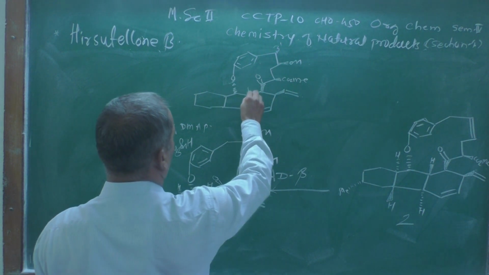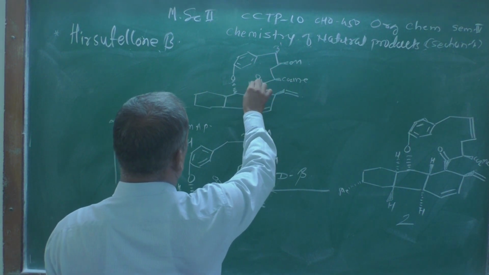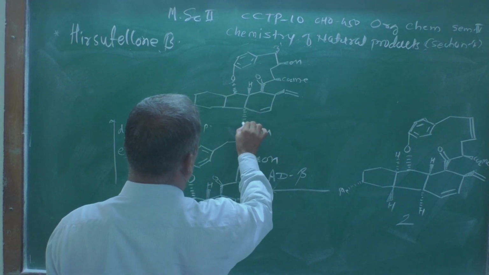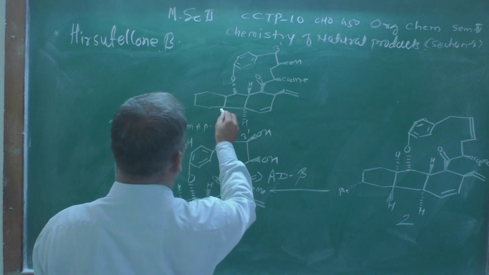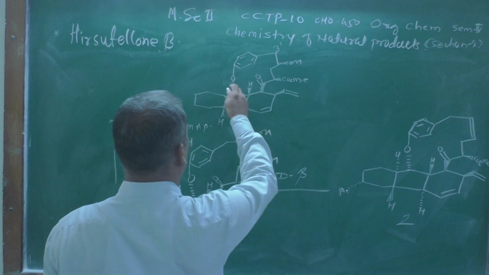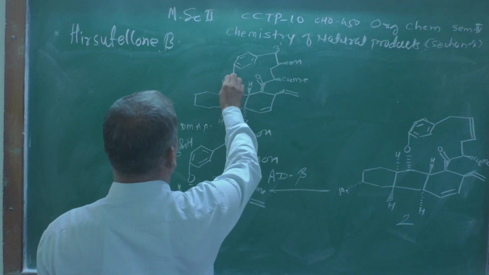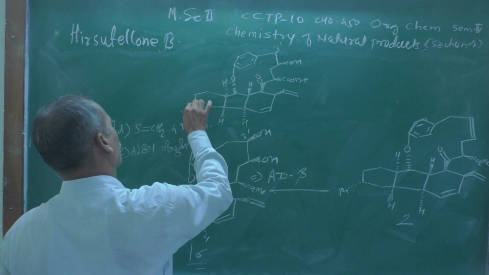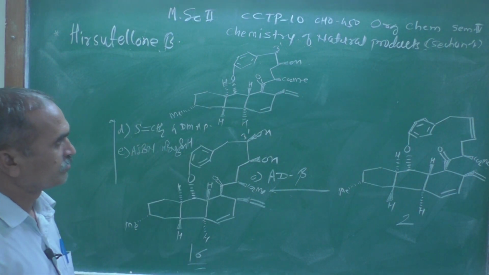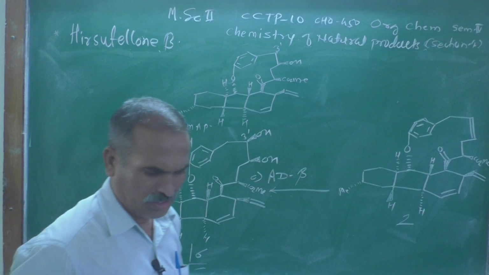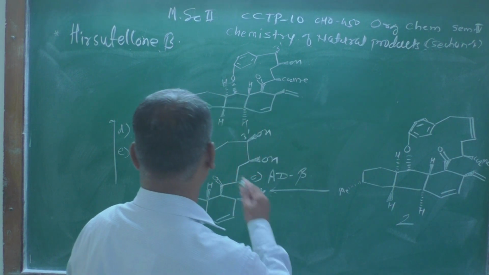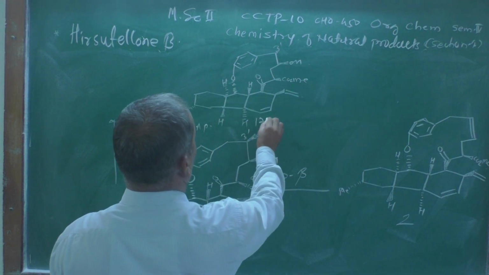Now the hydrogen atom shown here goes below the plane. This hydrogen atom should be above the plane, and this hydrogen atom should be below the plane, and the methyl group which remains throughout the structure is like this. This is a new structure, and its number is 17.